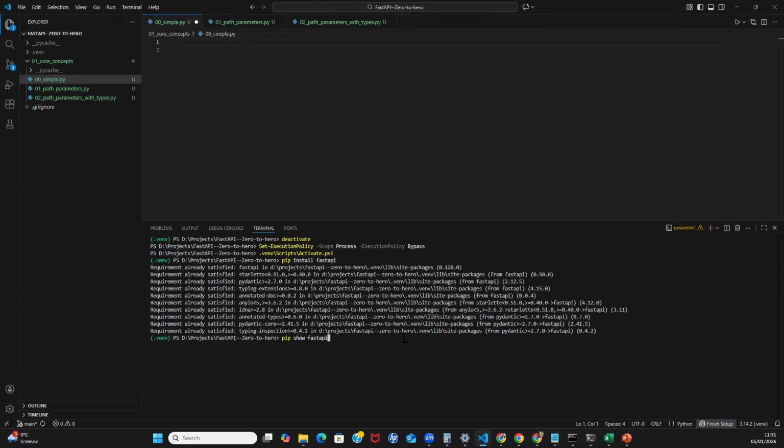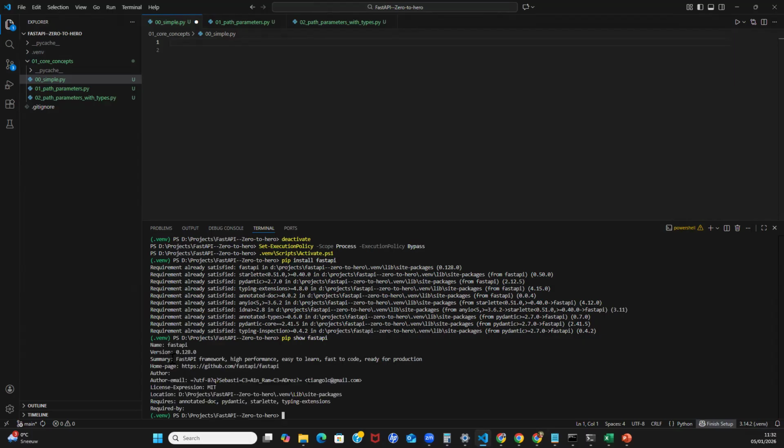So it is going to show you the version. Okay, so pip show fastapi. You can see here the version of FastAPI, a summary, and all those things in detail. Once you have installed FastAPI and confirmed using pip show fastapi that FastAPI has been installed successfully,